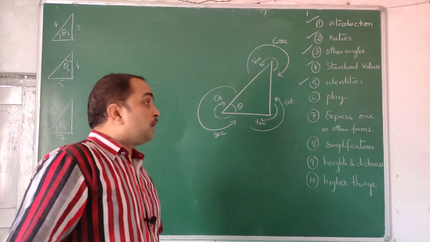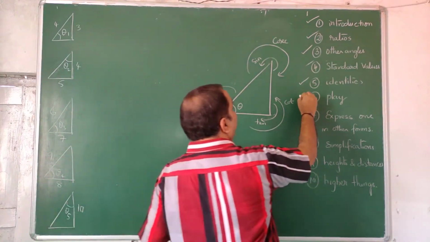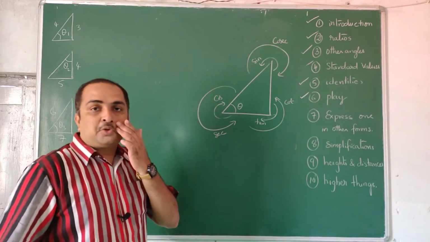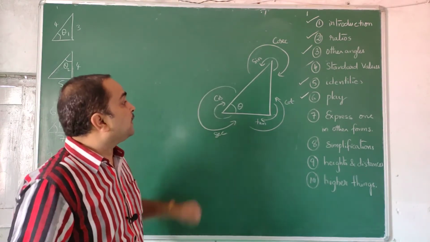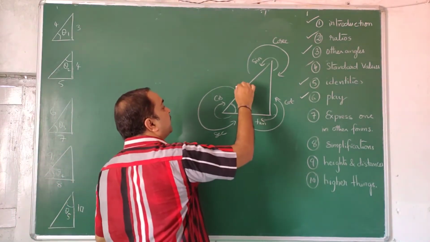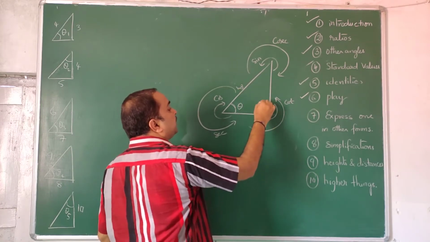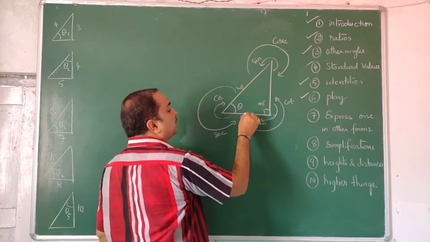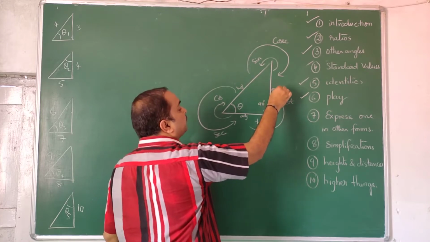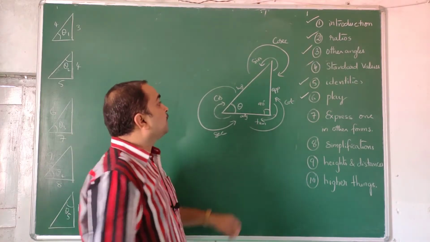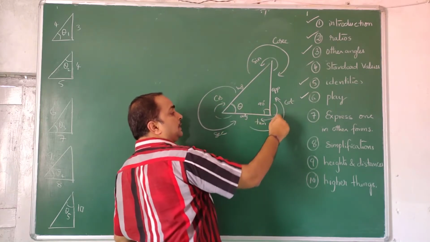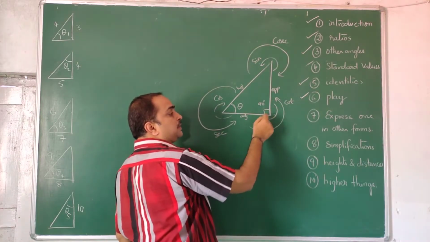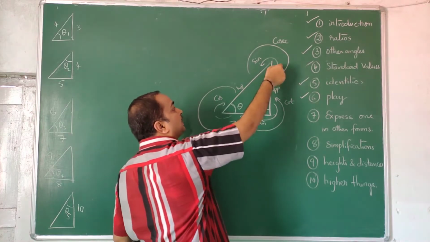Now coming to the sixth portion of my lecture, play. Students don't like to remember formulas and all, they like to remember the images. That's why I created an image kind of thing. If this is theta, this is hypotenuse, this is 90 degrees, this is adjacent, for this theta, this is opposite. Remember it like this. Sine, cos, tan, these ratios: this side by this side is cos, this side by this side is sine.